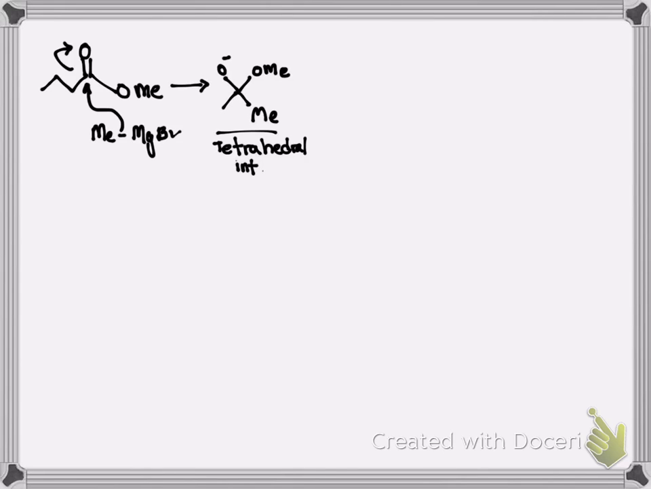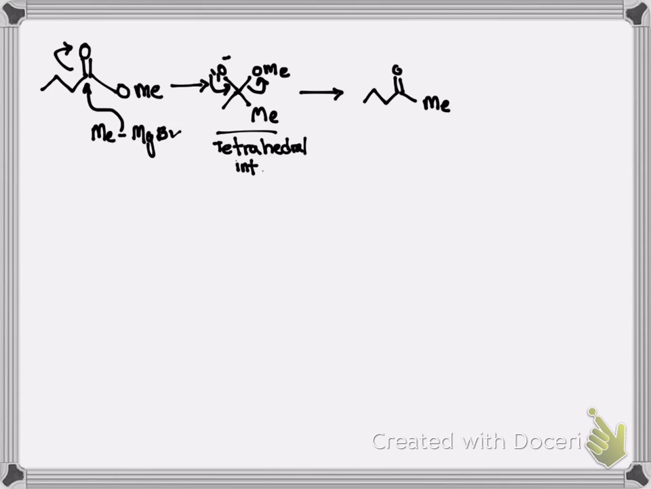Okay. And this collapses, that's the term we use. So you have four groups, create steric strain. And when that collapses, methyl is not a good leaving group, right? pKa is way too high for like methane. So it's not a good leaving group. But the OMe can leave. So that's the methoxide leaving group. And then you end up with a ketone,